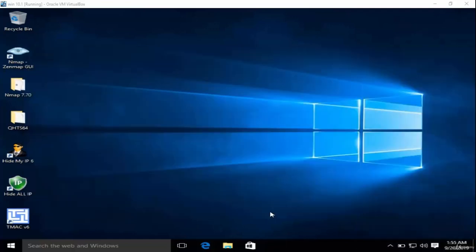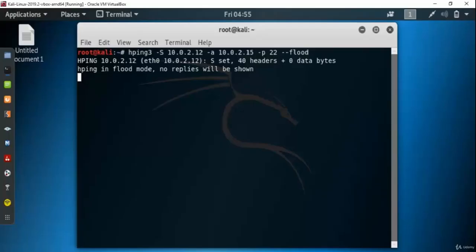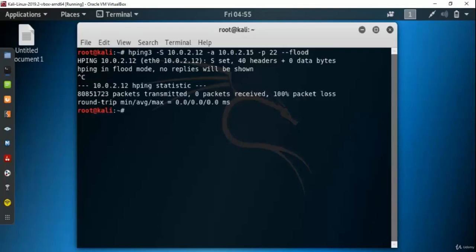So now I am trying to move my cursor, but I am unable to do that, right? And I am trying to open the command prompt using the keyboard, but that's not working right now, okay? So this is how you are able to see the effect. Now let's stop the attack by pressing Ctrl+C, and let me tell you two more important tools of performing DOS